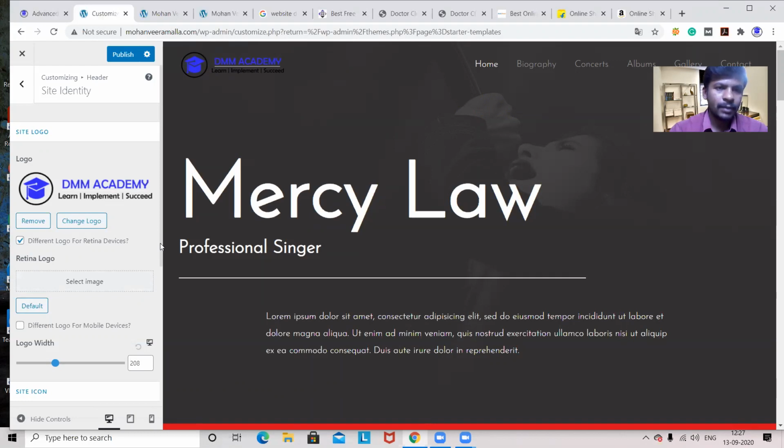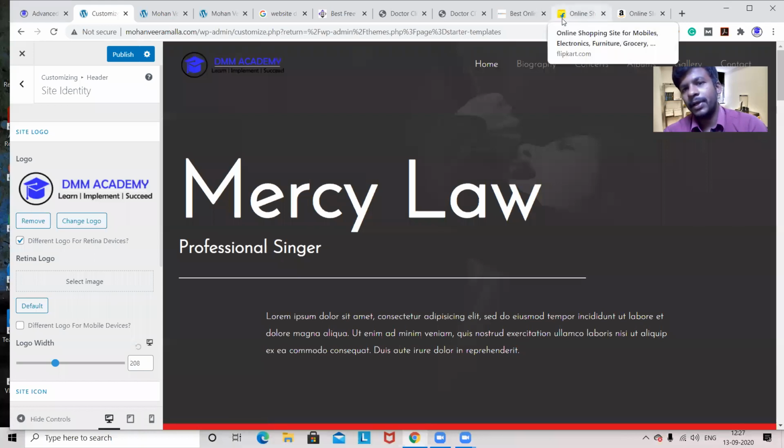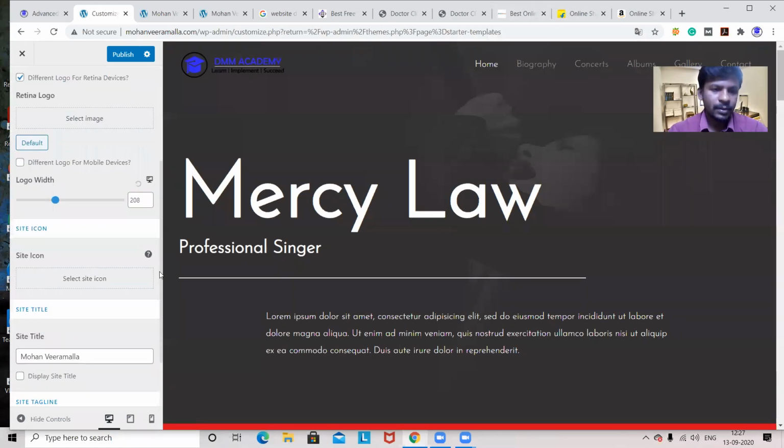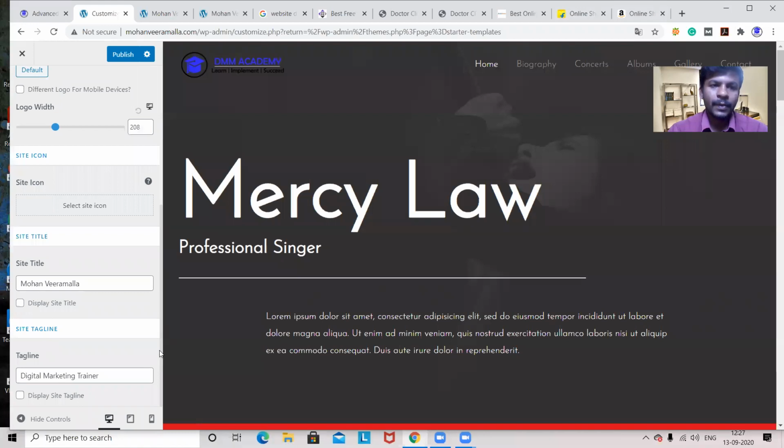So when I scroll down, see here at the top we have lots of windows open. I can see Facebook showing some icon, Amazon also showing some icon, and for this website Deals Money also it is showing some icon. If you want to upload some icon, then scroll down to the bottom. Here I have something called site icon.